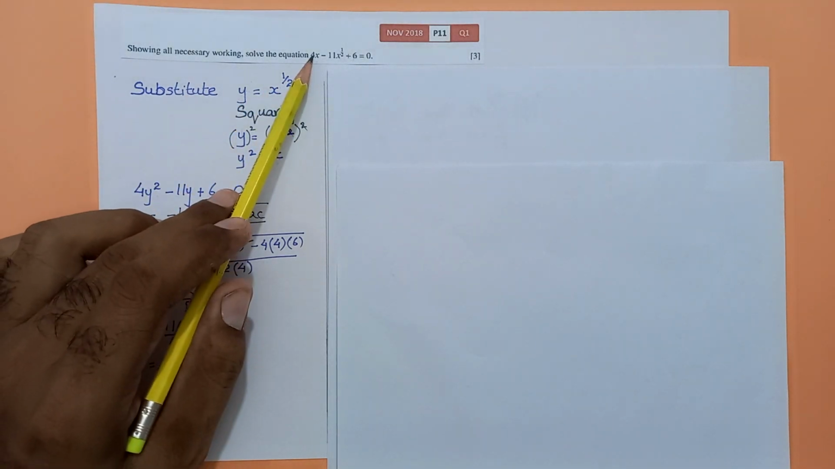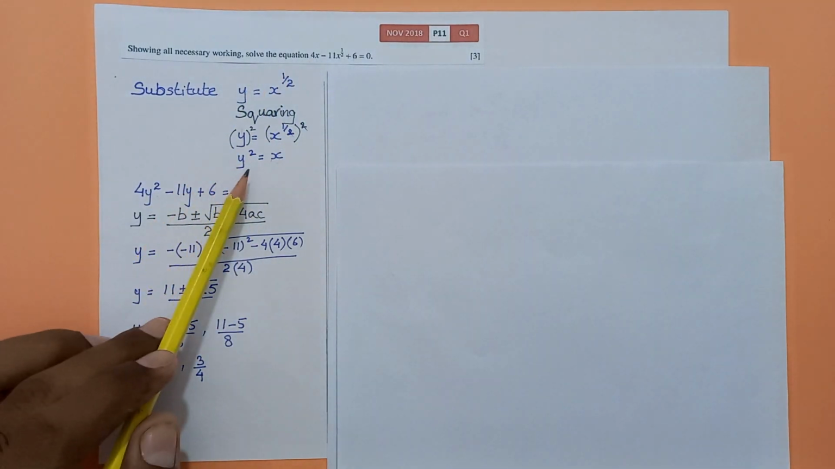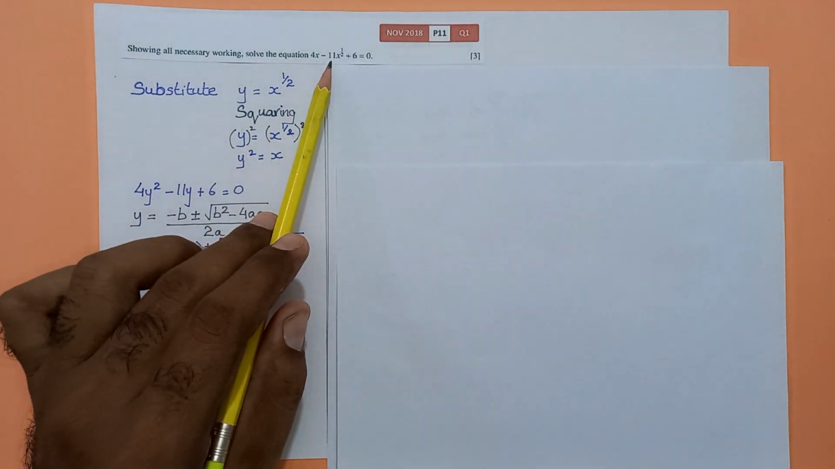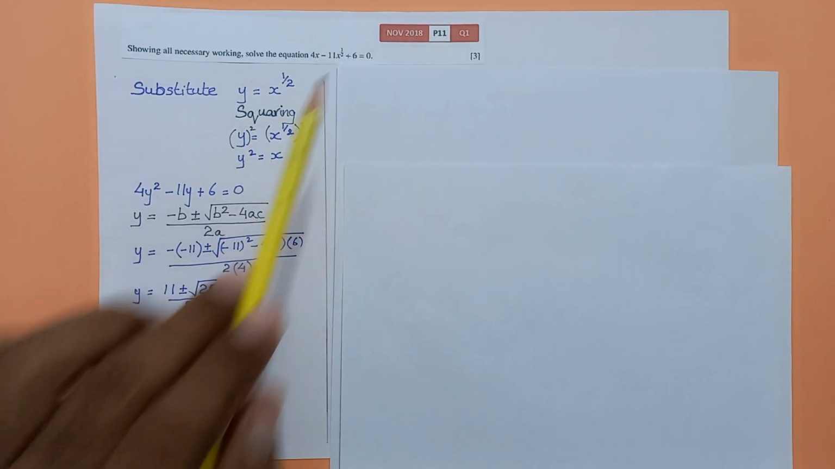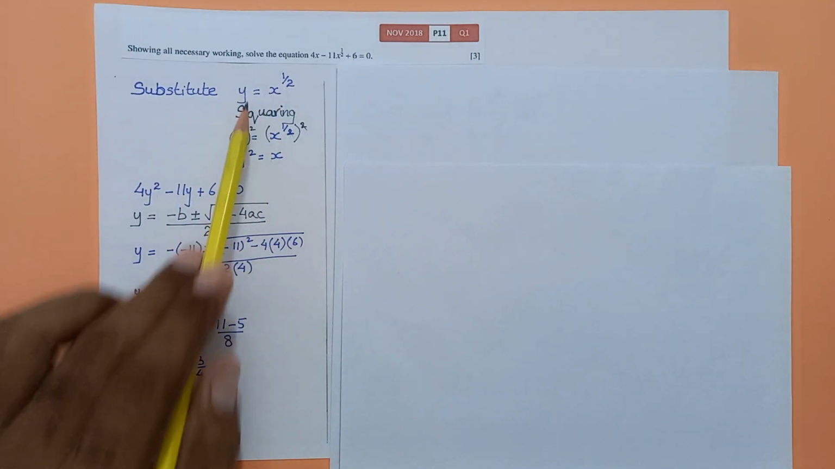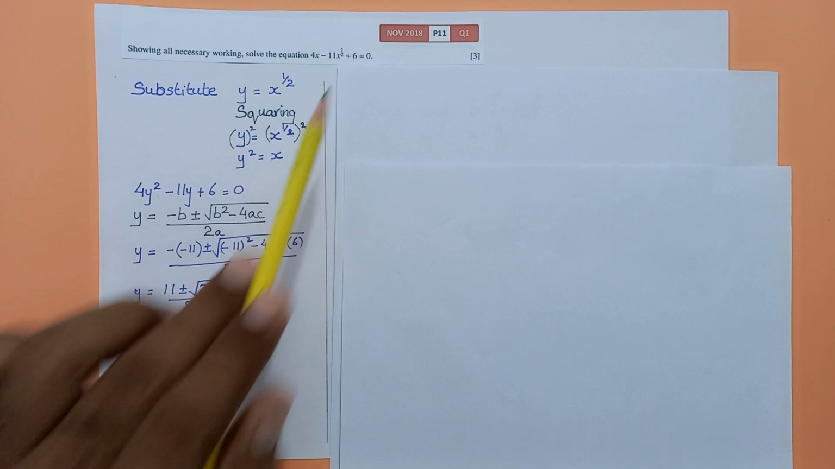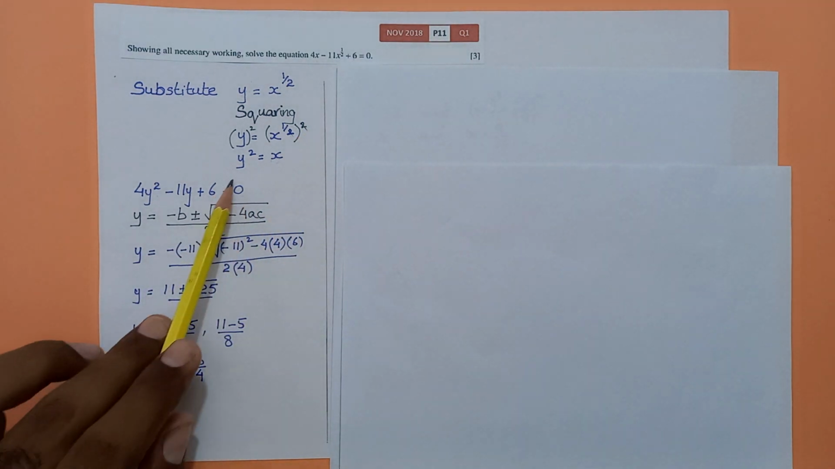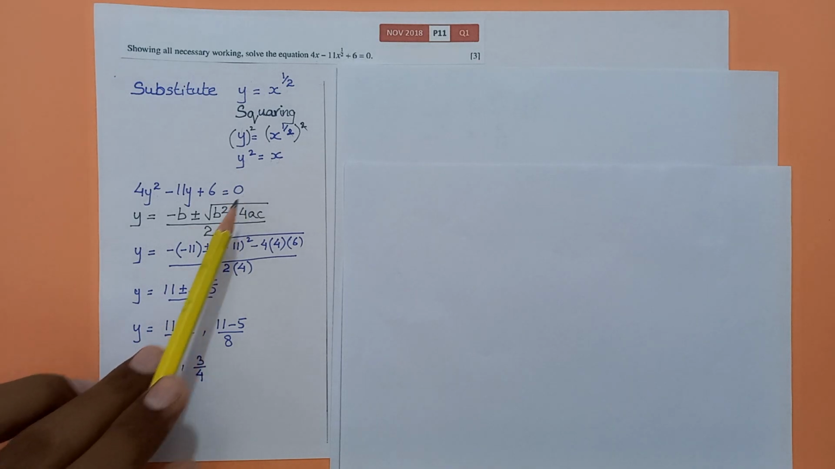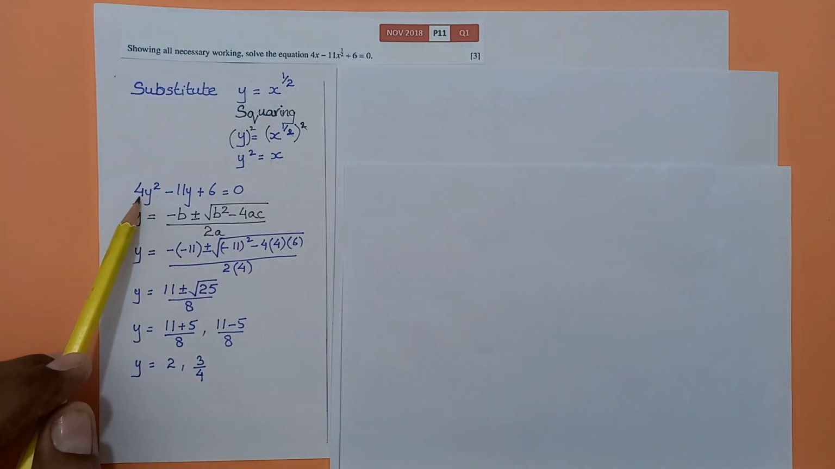substituting the two values, 4x, that means instead of x, y squared, becomes 4y squared, and minus 11x^(1/2), that means minus 11y, because x^(1/2) is y, and we have a constant plus 6 equals 0. Now we have a proper standard form of a quadratic equation